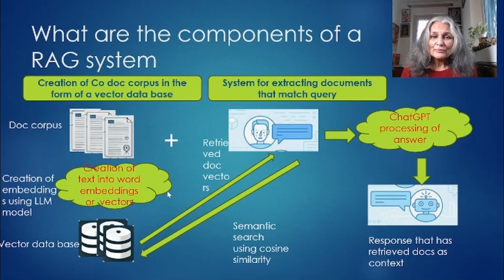So on the basis of semantic similarity or cosine similarity, we identify certain documents which are relevant to our privilege leave query. These are then sent back again to ChatGPT. Then ChatGPT uses these documents as context and generates a natural language answer, based on the information that is provided to it in the corpus, and this is then given to the user. So as you can see, there are quite a few steps involved in the RAG process.